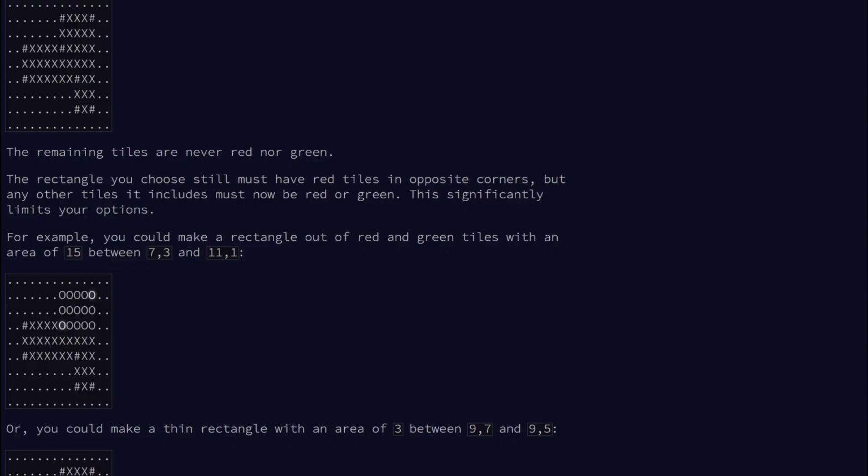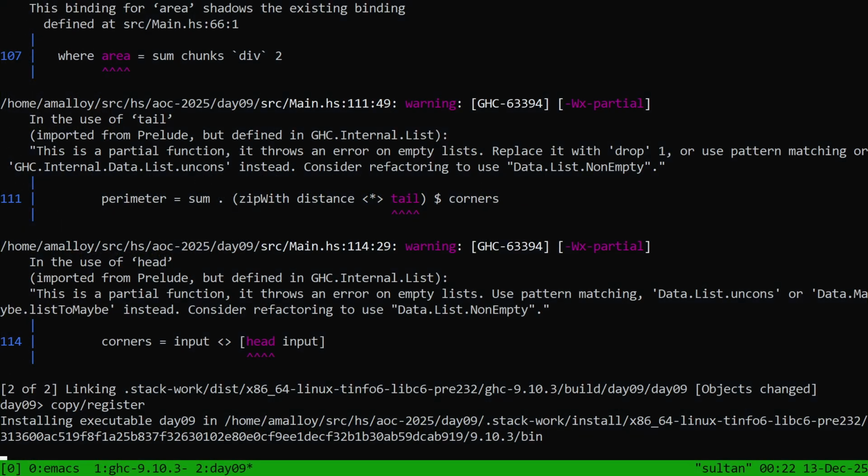Advent of Code, generally speaking, does not make you run anything that could take a really long time, even on a potato. Like, the idea is if you have a potato and a good algorithm, you get the solution in, I don't know, a few seconds. And if you have a great computer and a bad algorithm, you might be fine. And a lot of the time, even a potato with a bad algorithm is fine because the numbers just aren't that big. Today, the numbers are kind of big, but